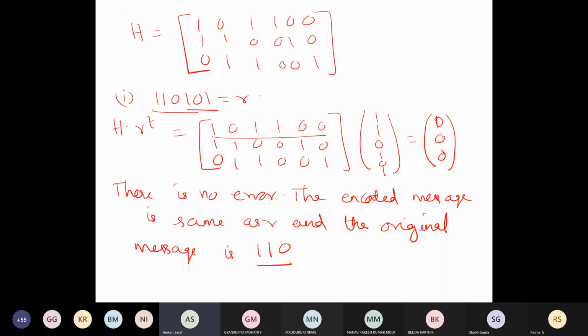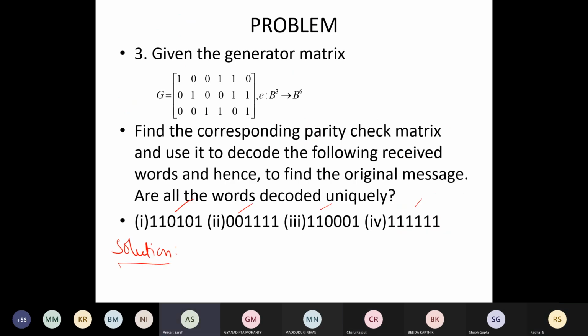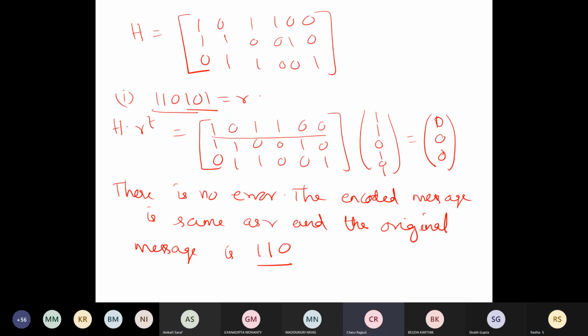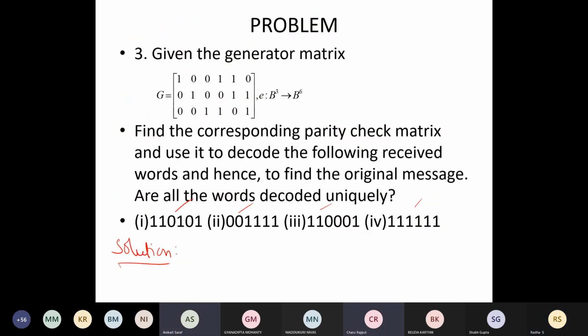Next, second. Excuse me, ma'am, this time for H, did we take the transpose of A, or did we take it directly? Transpose of A only we have taken. See, transpose of this is your A, right?